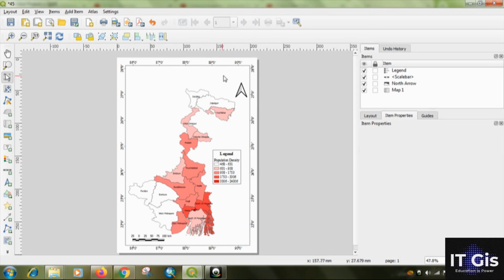You can give the title by clicking the add label.